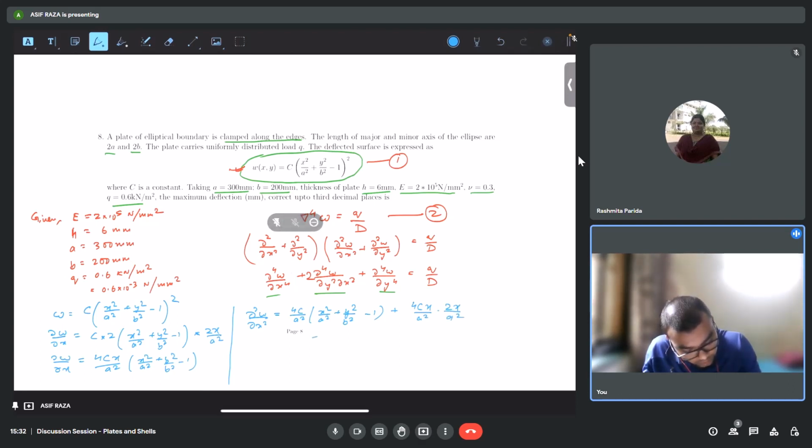So simplifying it, we'll get 4c by a square (x square by a square plus y square by b square minus 1) plus